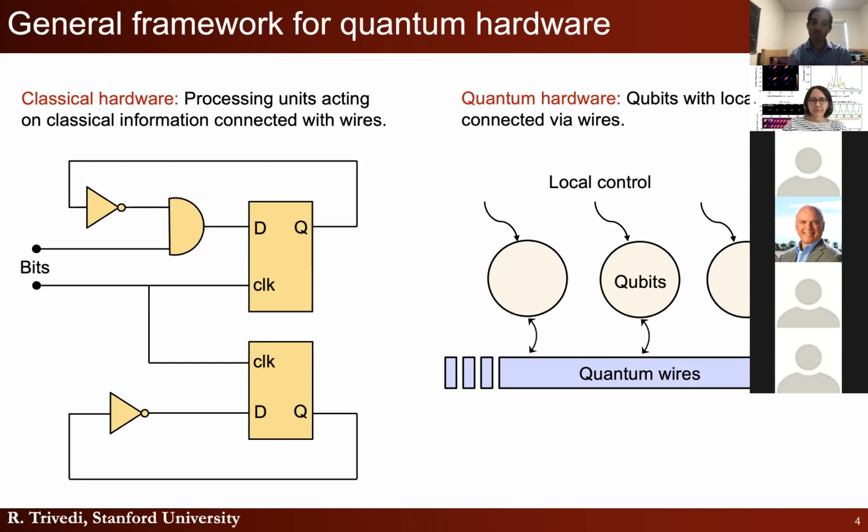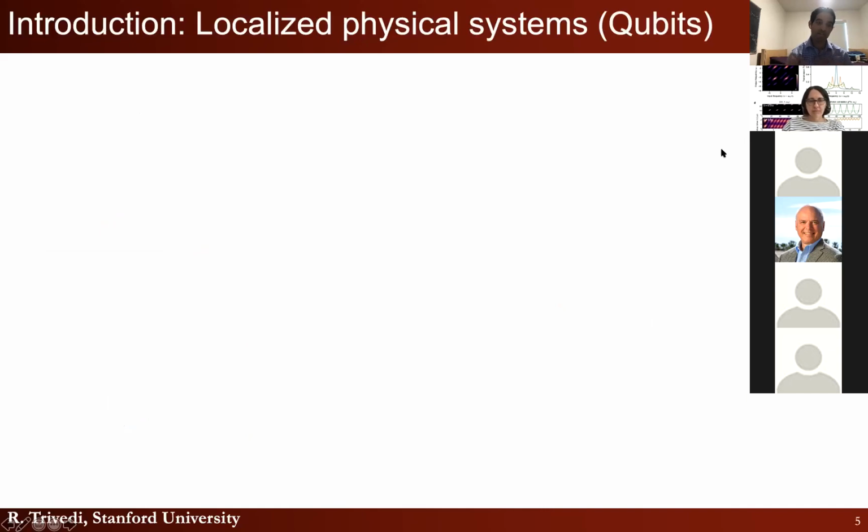What is the system that I would use for a quantum wire? And how exactly do I apply this local control really depends on what application you're addressing. So you have a plethora of physical systems that you can choose for these quantum hardware. And depending on your application, one physical system might be better to use than the other. But just to give you an overview of the different kinds of physical systems that we can look at in